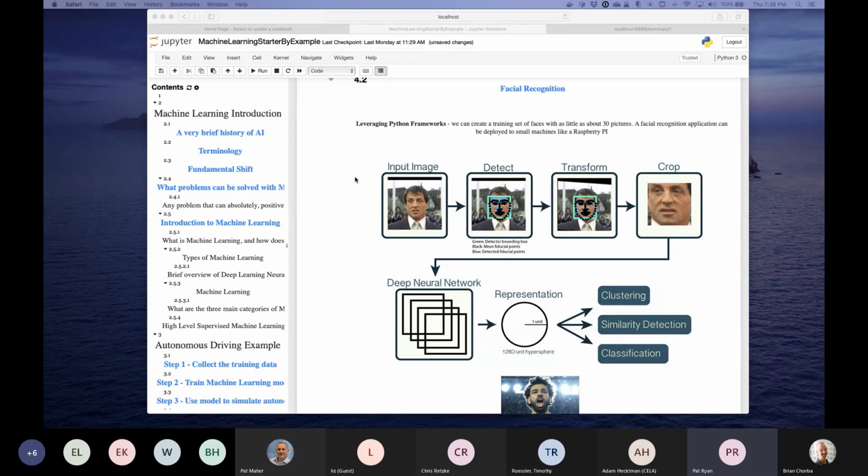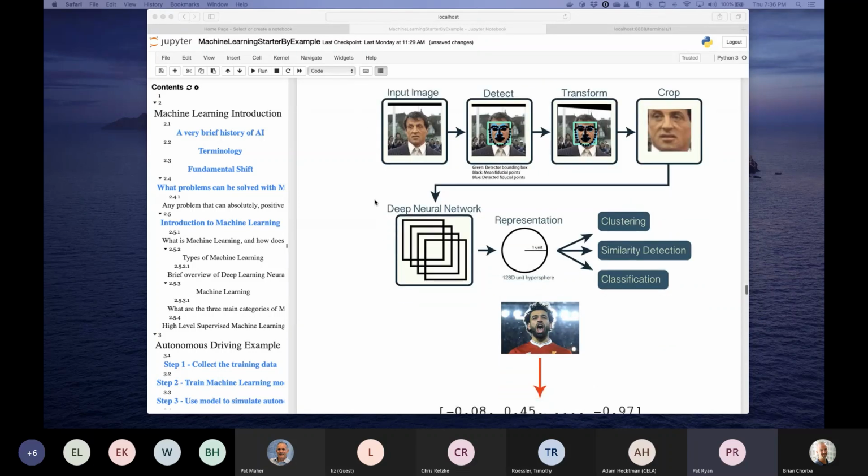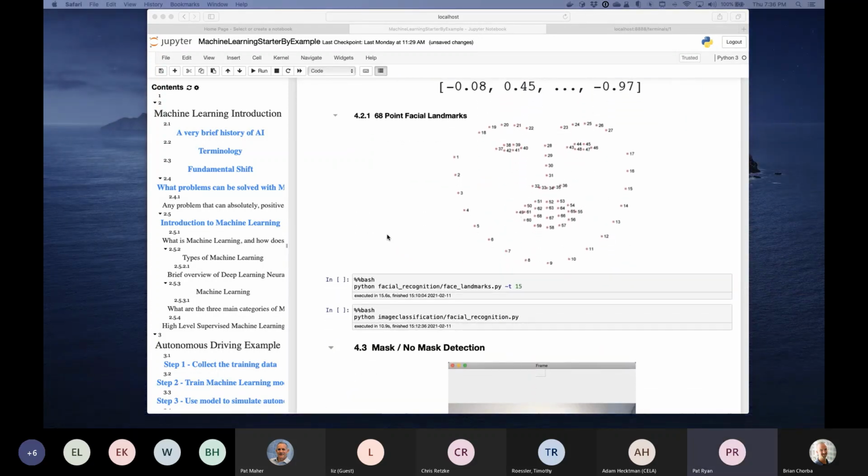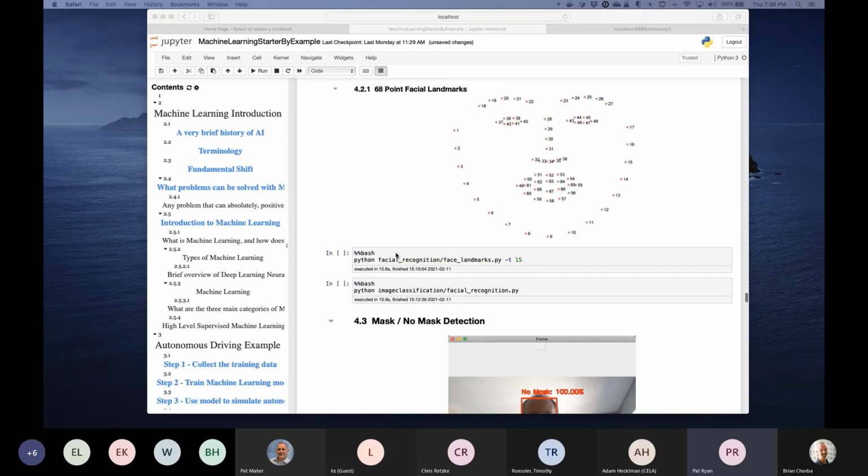And now you might be asking, well, what are those numbers? And the reality of it is, we have no idea. The output of the model is this array of numbers that represents that face. And only that face will have that collection of 128 numbers. It starts with what we call these 68 facial landmarks. There is a way to take the picture of a face and look at what the facial landmarks for any face are going to be.